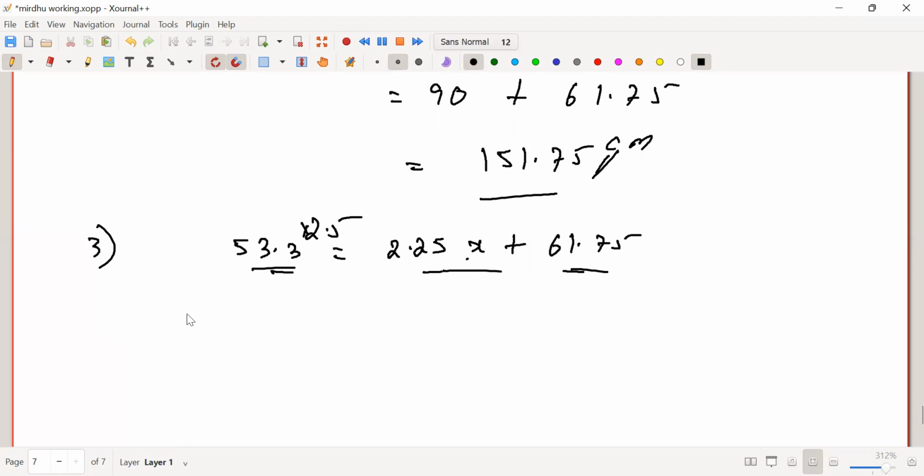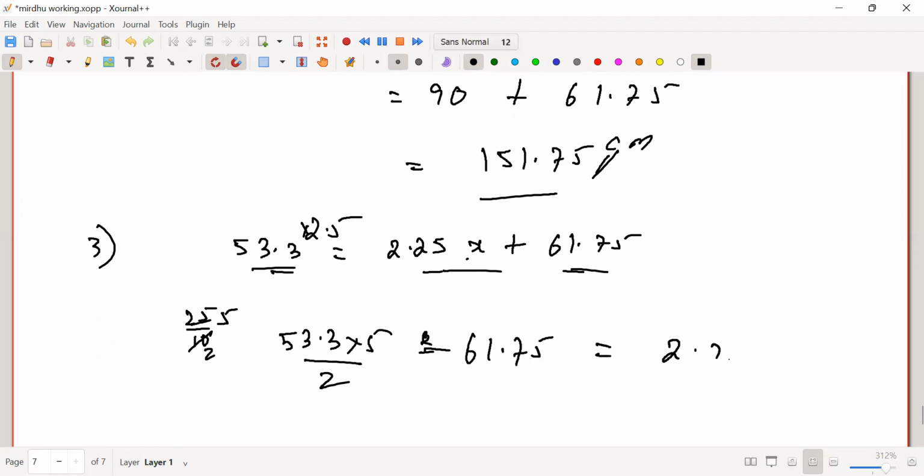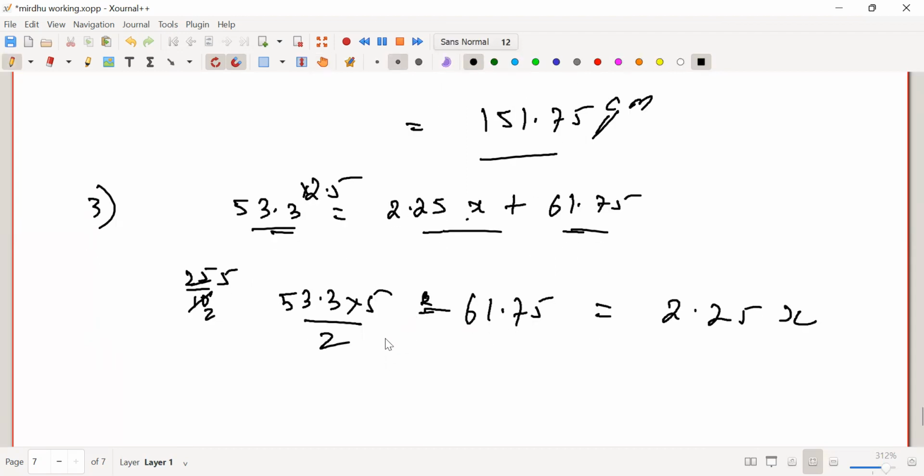What is 2.5? It is 25 by 10. That is 2 times 5. 5 by 2 is 2.5. So 53.3 into 5 divided by 2, we have to minus this 61.75, equal to 2.25x. Right? Then,